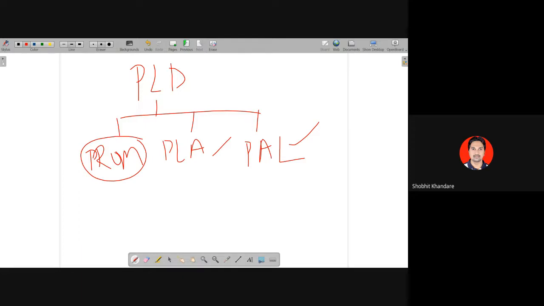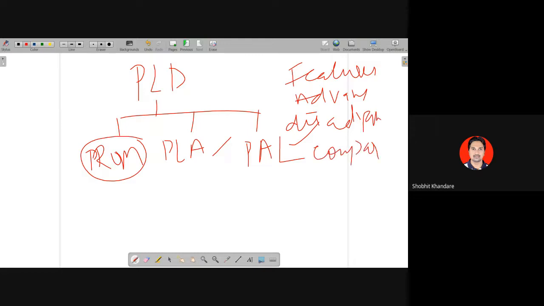For each memory, first see the types of memory, then see what the different features are, what the advantages are, what the disadvantages are, and the comparison. For example, what is the comparison between RAM and ROM? You can have 3 or 4 to 5 points of comparison between RAM and ROM. You have to do all this. These are all theoretical concepts. I am not taking this. You will be doing this as an assignment. I will be giving you 5 questions.